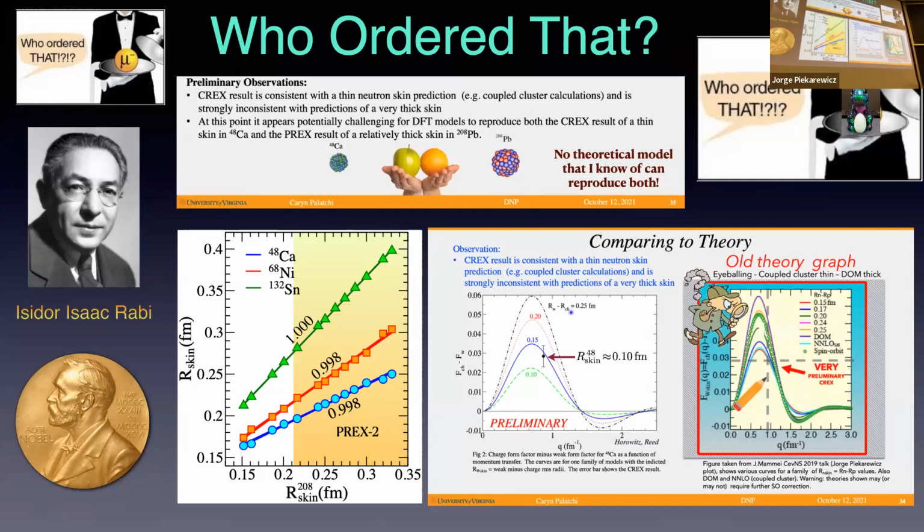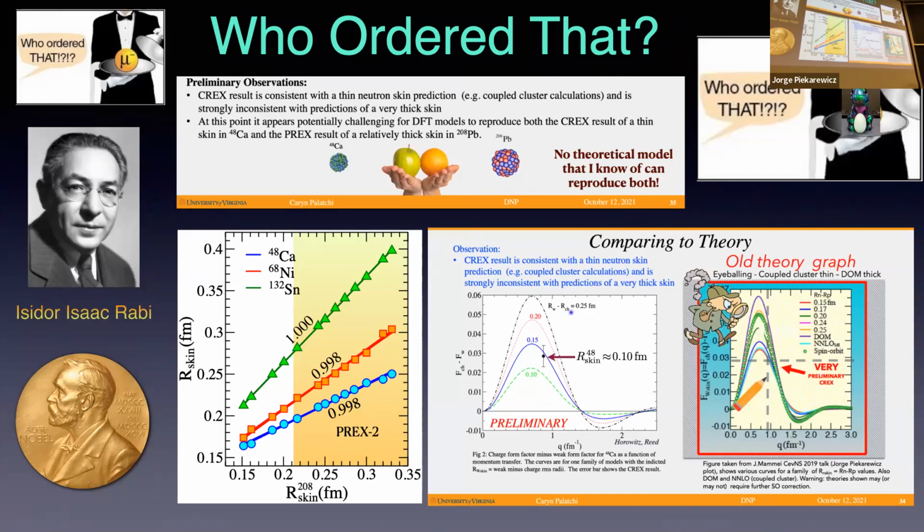And for the young people in the audience, let me tell you about this quote. "Who ordered that?" is a quote attributed to Isidor Rabi, the first time that he heard that there is a new particle that for all intents and purposes is identical to the electron, but it's 200 times heavier. And his comment was, who ordered that? So in the context of our work,